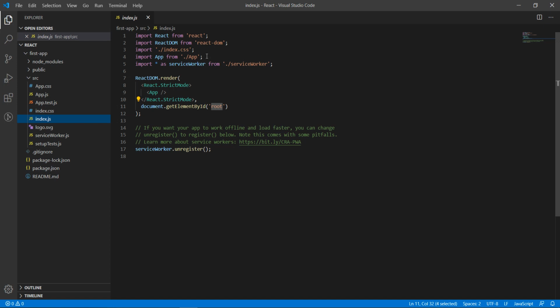They have also added the service worker. This is used for PWA applications, but you can ignore it for now. Here you can also see document.getElementById with root, which means our React application code will be served in this element.